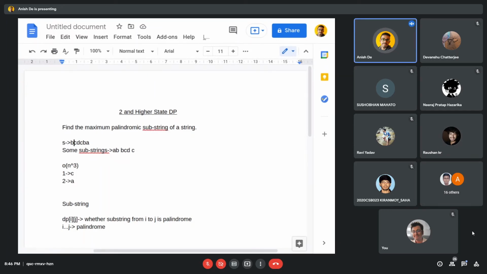Means if it's like this, and now if you move the backward loop, you will miss this substring. Then what I can do is move the front loop to the pointer where the backward loop is.